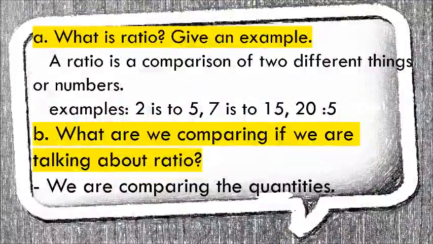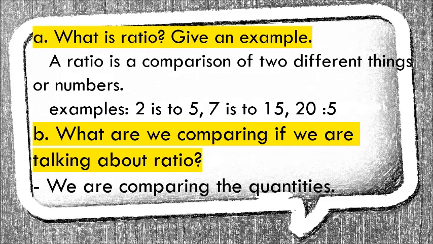Okay, so what is the question in here? What is ratio? Give an example. So what is a ratio? We all read. A ratio is a comparison of two different things or numbers. Again, we are comparing two different things in here or a number. What are the examples? We can have 2:5,